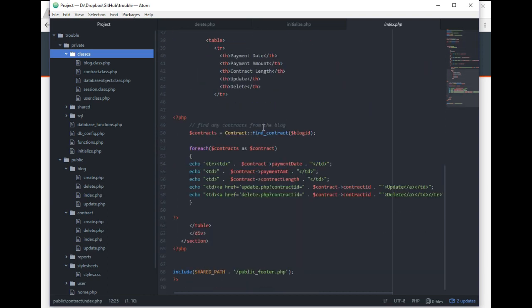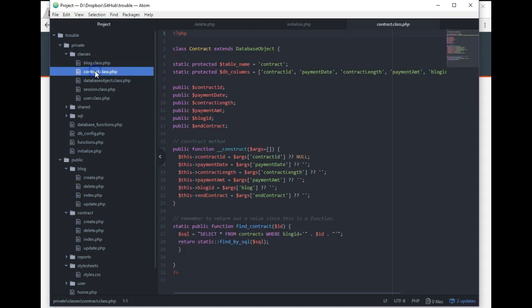So we come down and here's our contract, and we're saying, hey, what's going on with this? So we have a special function called find contract, and we're passing in it the blog ID. Okay, so let's go to the contract class and look at find contract. So we go to contract class, and here's the find contract, and we're passing in ID. So what we can do is take this SQL statement, and we can do one of two things. We can either isolate the SQL statement before it runs and see what it looks like, or we can try to run this SQL statement inside